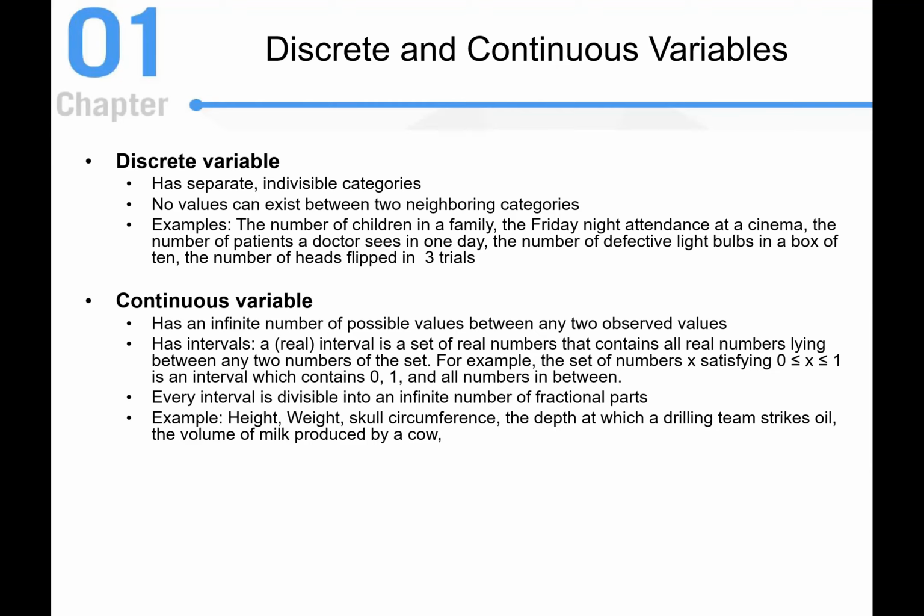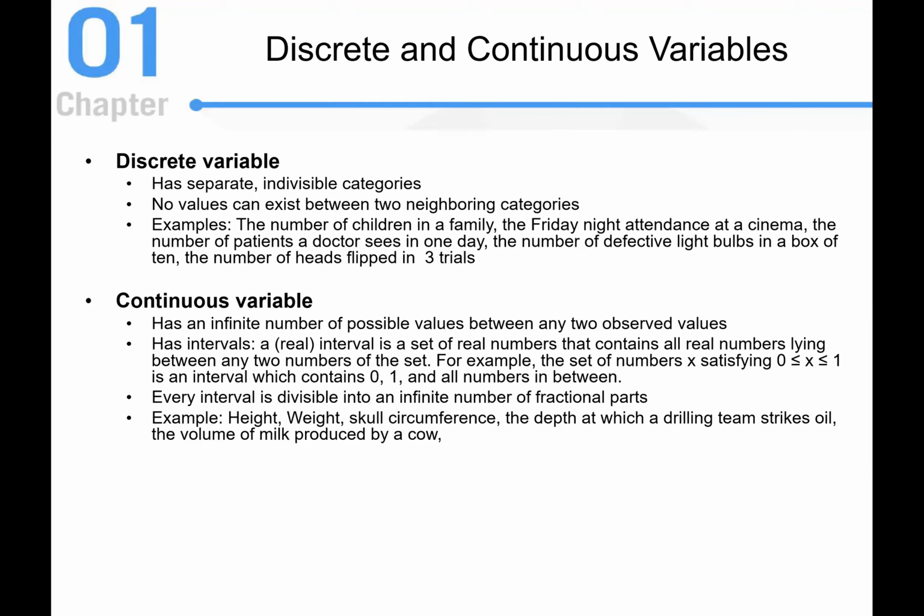Now let's talk about the continuous. I didn't give you an example in the previous slide. But a continuous variable, again, has an infinite number of possible values between any two observed values. And a real interval is going to be a set of real numbers that contains all real numbers lying between any two numbers of the set. So that's kind of wordy, but for example, the